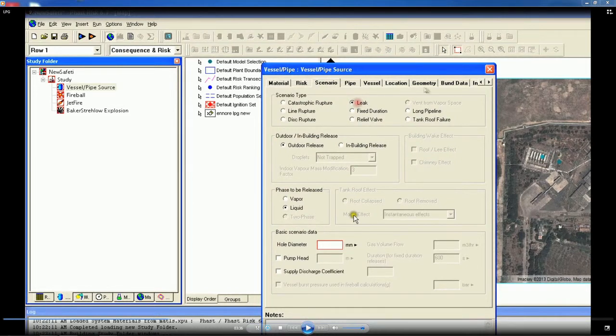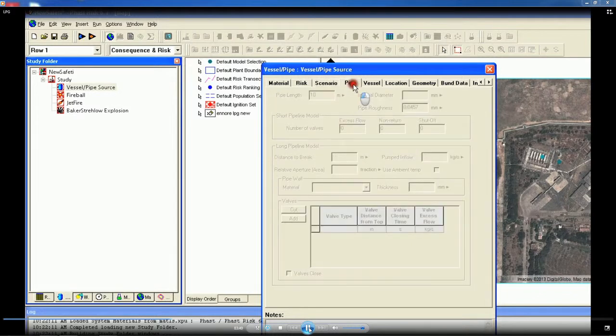There are various scenarios available for a specific type of failure. So in this case, being a vessel or a pipe, I should look for either a line rupture or I can go for a leak. The moment I say leak, I must say it is a liquid phase to be released, and therefore I must say what is my hole diameter. Friends, please note, depending upon what you are selecting here, accordingly this menu and the data demanded will be in white, remaining all will remain in grey, which becomes inaccessible for you for a chosen data. That is a very interesting part in the software. So this guides you through and through how this can be easily done for a better understanding.